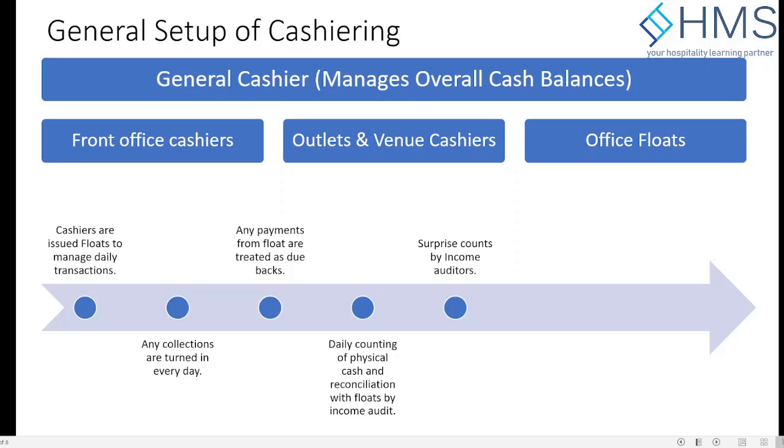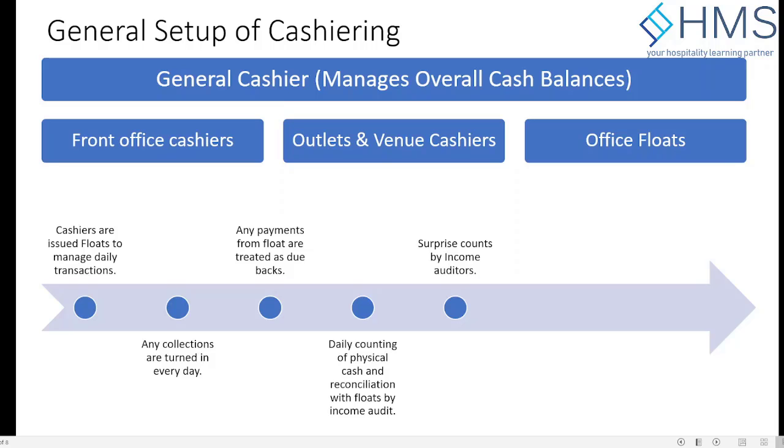It means that all the hotel cash has to be counted at the same time. All your front office, F&B, general cashier, everybody has to be counted at the same time, because normally what happens is there is a risk that you may go and count the front office cashier, and by the time you reach F&B, they know about the audit, and then they can start to match up their cash.